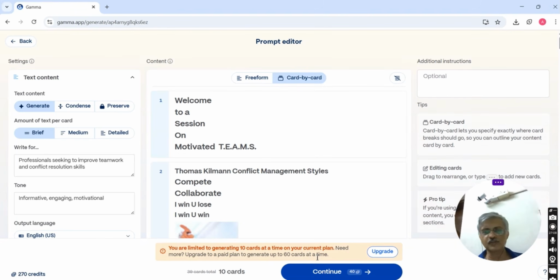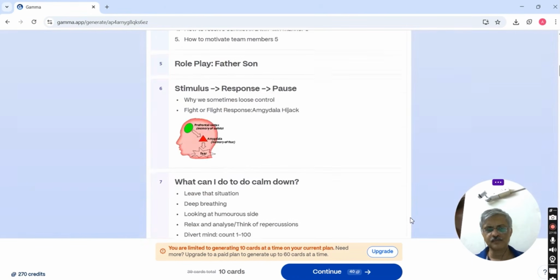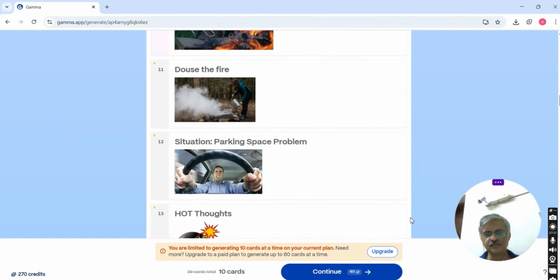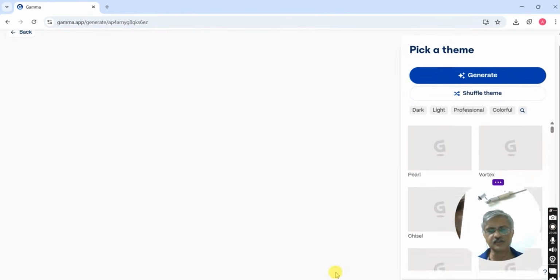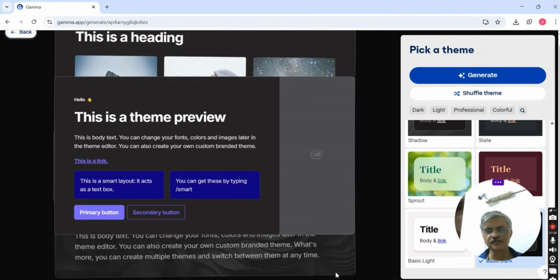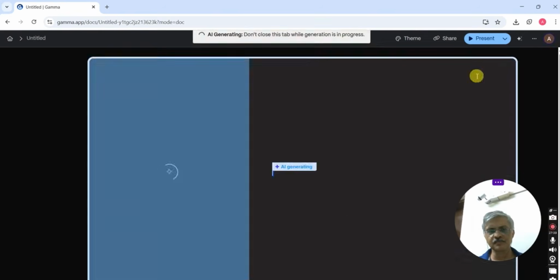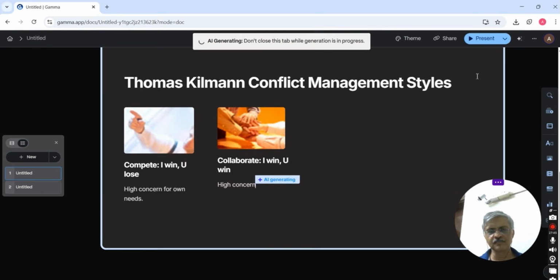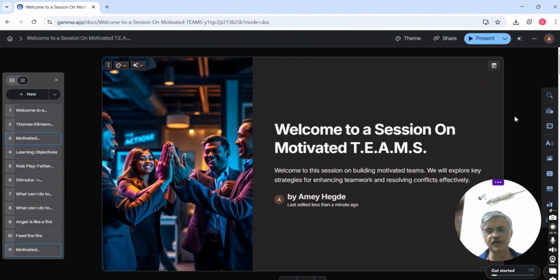Now what it is doing is, if you see, it's going through each slide and it is again generating everything. It says it will do the first 10 slides. So let's drag it to the first 10 slides. Keep the same theme, click on generate. See, it has changed the entire slide.